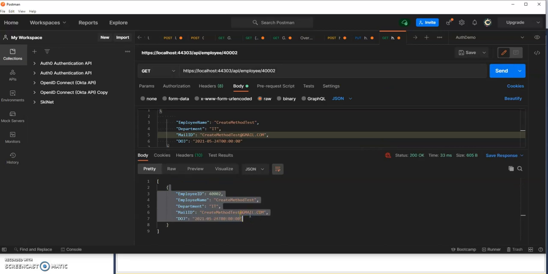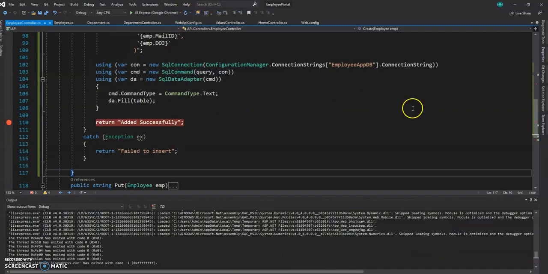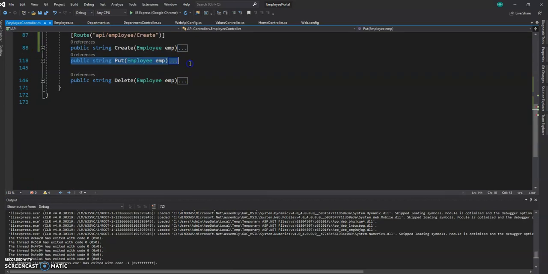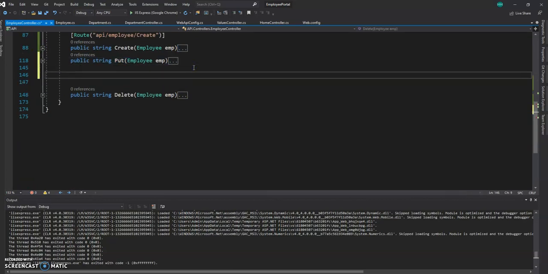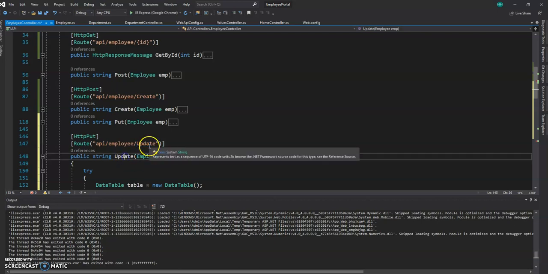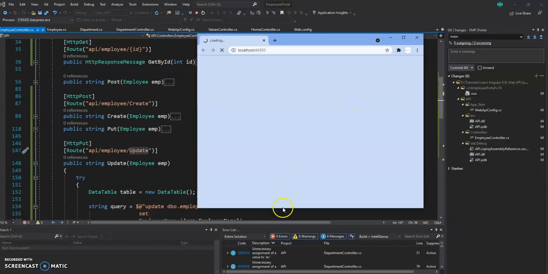Okay, just for the demo's sake, we will also add one more action method for updating. To update, again, we'll copy and paste the same code with a different name. Let's do it. Come back to our application, stop the application, and here we will add the put method. Just copy it and paste it down. I have not changed any logic whatsoever. Here I've given the name as update, and I'm following the same pattern of invoking this method from its name. So if I just run it and try to update it,